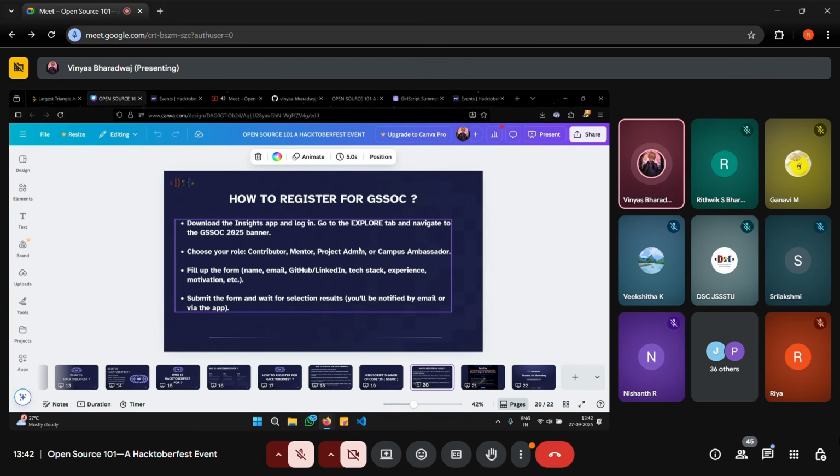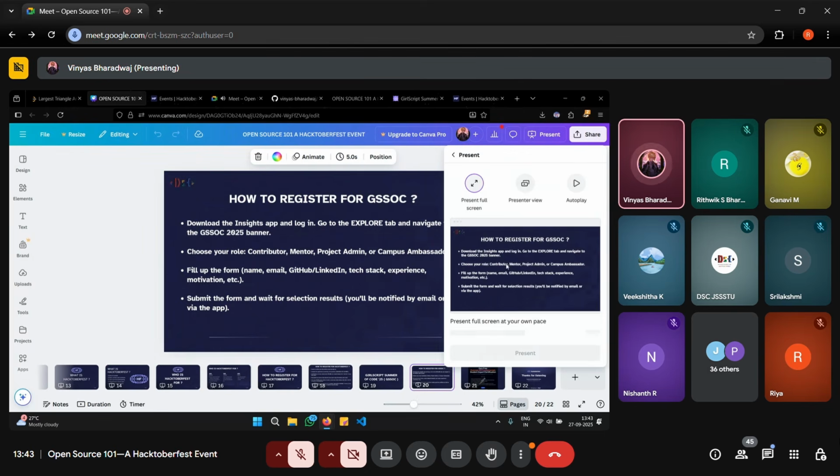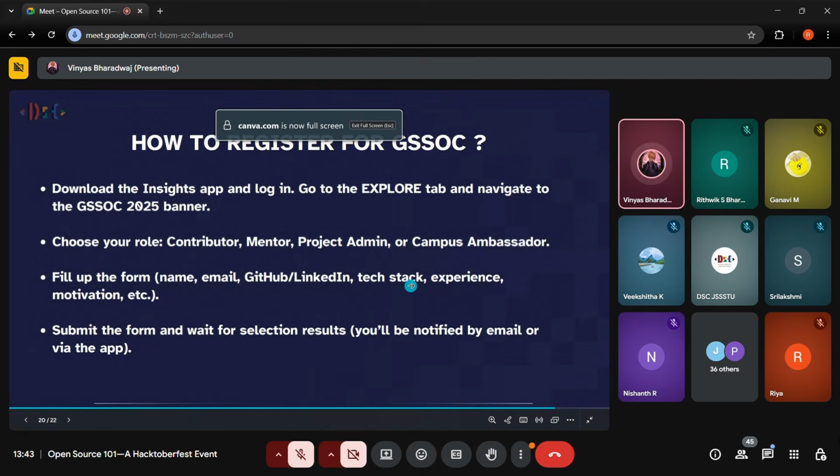So the reason why we're discussing Girl Script Summer of Code and Hacktoberfest is because all of you have heard of GSOC, right? Google Summer of Code, not Girl Script with a single S, GSOC. GSOC is a massive open source program maintained by Google, and it generally requires you to have a bit of experience with open source contributions already. So Hacktoberfest and Girl Script Summer of Code can be extremely good stepping stones into Google Summer of Code, because you need a bit of experience before you can start contributing to Google Summer of Code projects. That is the reason why we had this session.